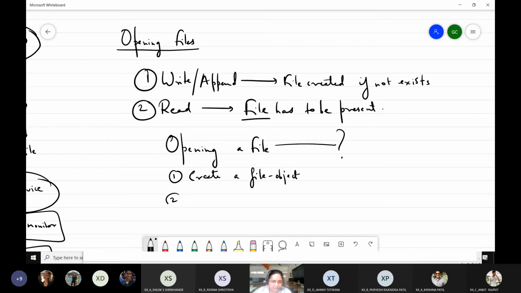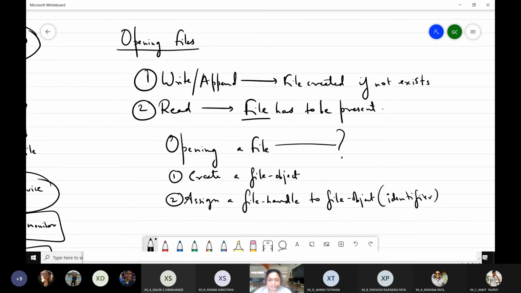Second is to assign a file handle to the file object. What is the file handle? It is the identifier used to name the file object, the label or the variable name which we use. We will not use the term variable name over here. We will use the term file handle to identify the identifier for the file object.